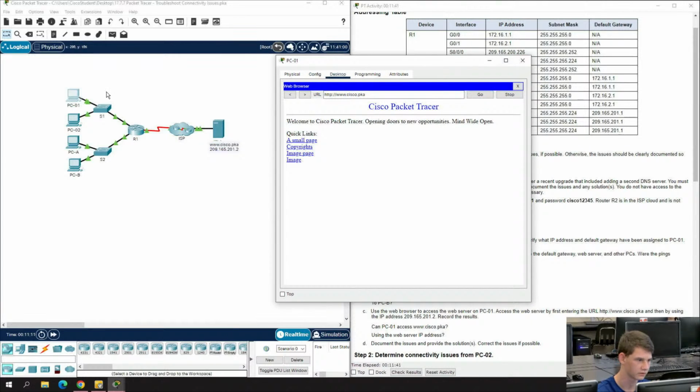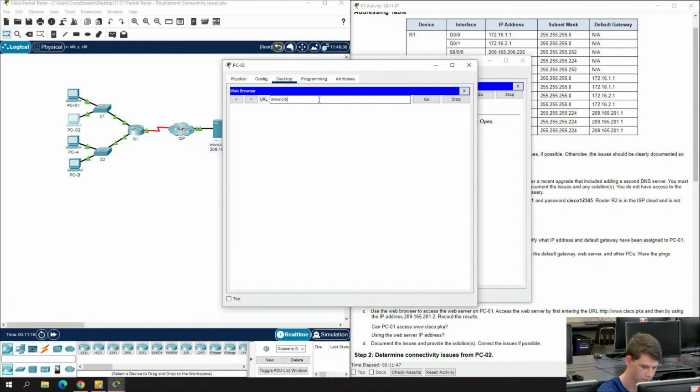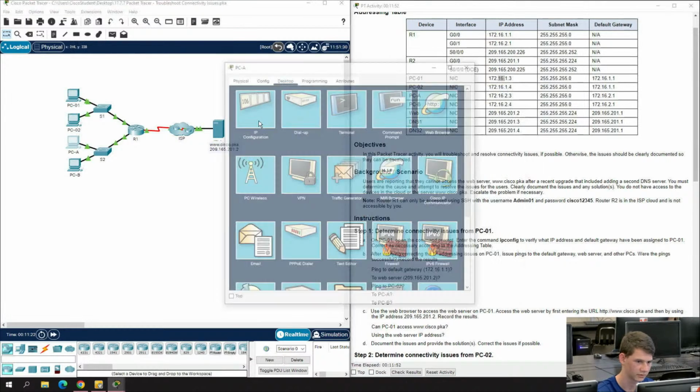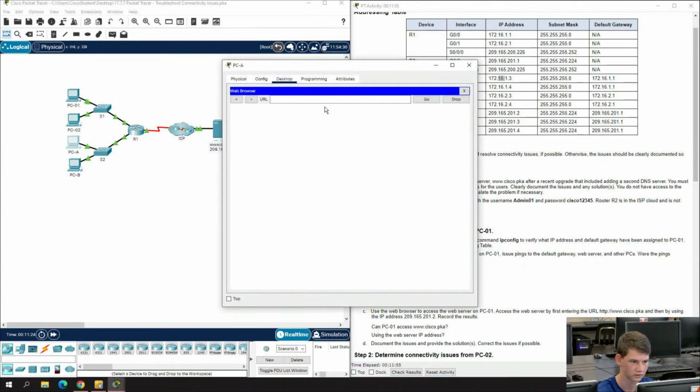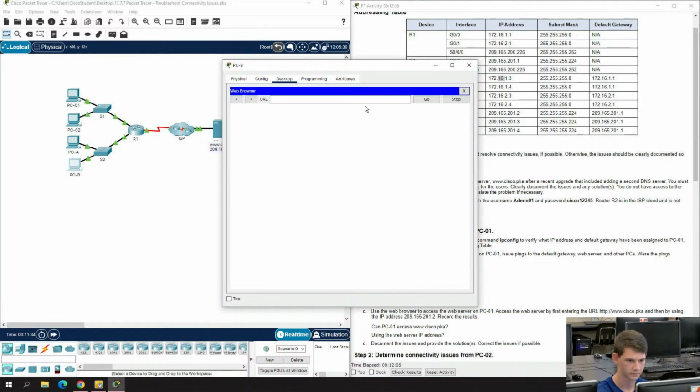Okay, so PC1 can go. PC2 can go. So those two are good. We're going to try PCA and PCB next. PCA can do it. And now we're going to finally check PCB. We're going to wait here. It says hostname unresolved. That usually means that the problem's with DNS, since we already proved that